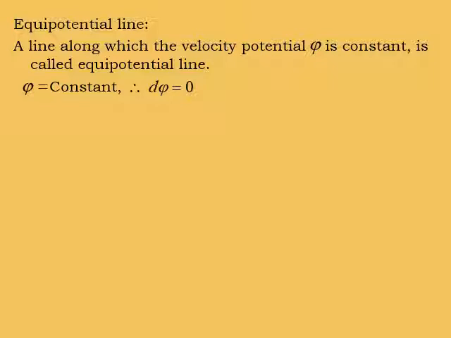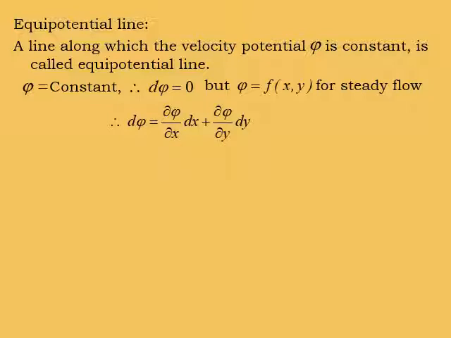That is dφ is equal to 0, but φ is a function of x and y for steady flow. Therefore,